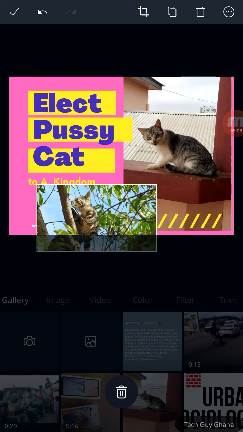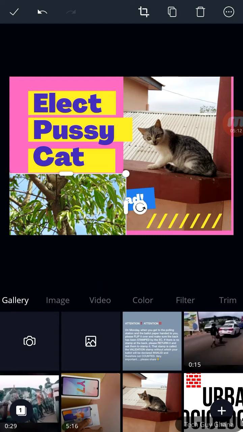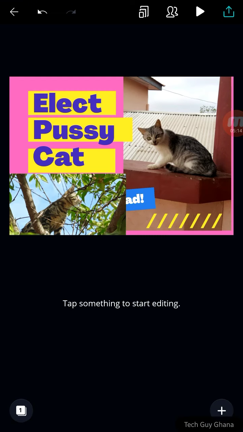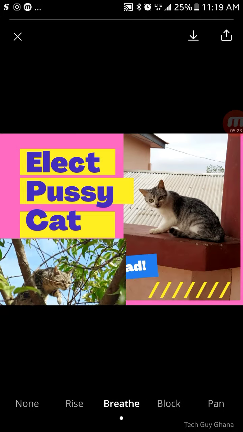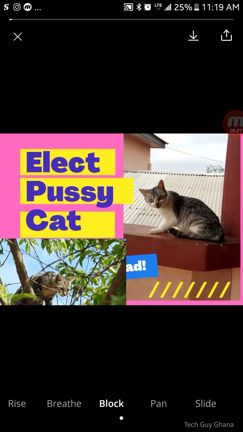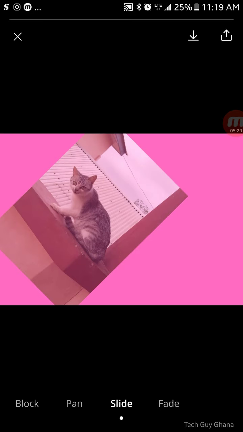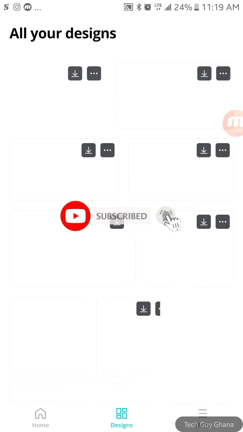So with this app you don't need to be a professional graphic designer before you can use it. And it's free. You can use this to design many of your items. That's your logo. All that you have to do is download Canva, search on what you want to do.